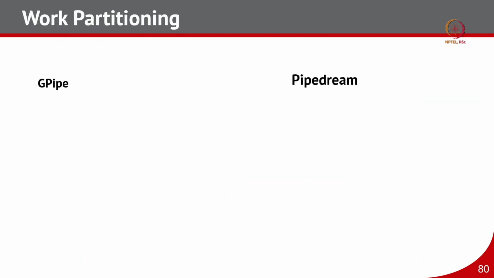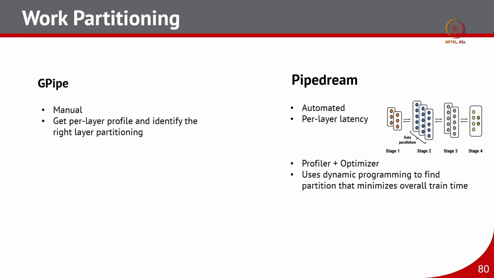So, let us compare GPipe and PipeDream. GPipe was the case where there was simple batch stochastic gradient processing: all 4 forward passes happen, then 4 backward passes, and then the weight update happens. But in PipeDream they have introduced an automated technique which takes per layer latency into account, and then they have